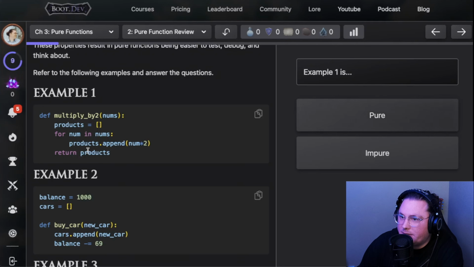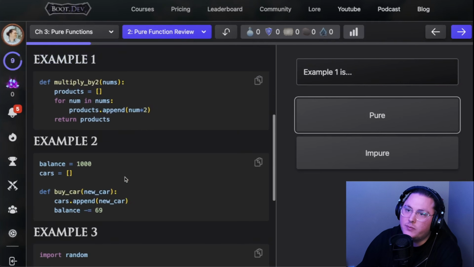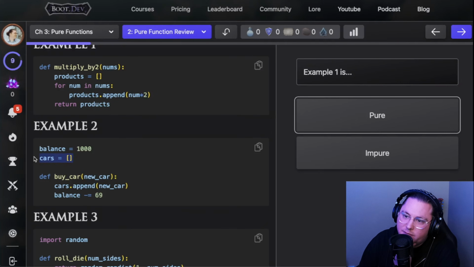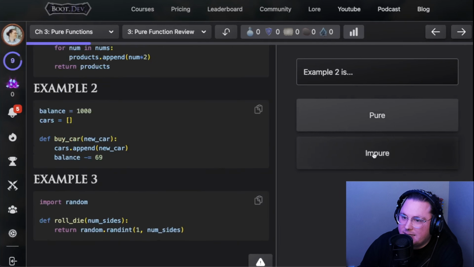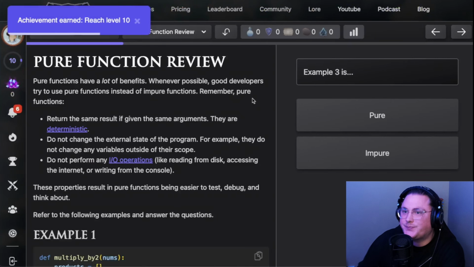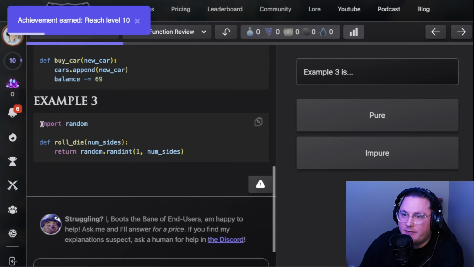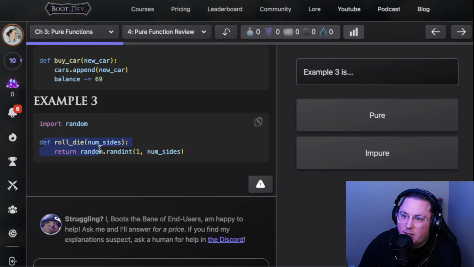So it is pure. In example 2, we have a balance of 1,000. We have cars equals an empty list. And then we pass in a new car. We append cars. We change the balance. And we clearly are modifying global scope. So that example is going to be impure. Next question. So example 3, we have an import random. And then we're getting an input from random. Since we're using an outside object here to create our random int, that is